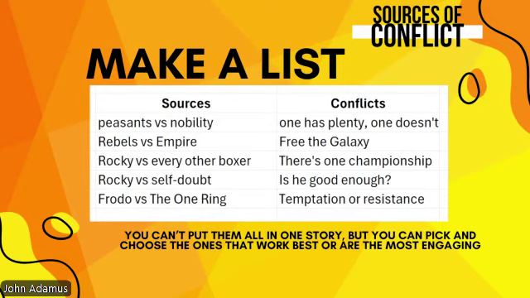Those are not obviously the only conflicts that exist in the world, but thinking about your sources and their conflicts can give you a base to sort out what your story has or what your story needs. Because if you don't have conflict, there's nothing really for the characters to do other than take up space and just occupy, which is not generally compelling. And we want compelling. We like compelling.